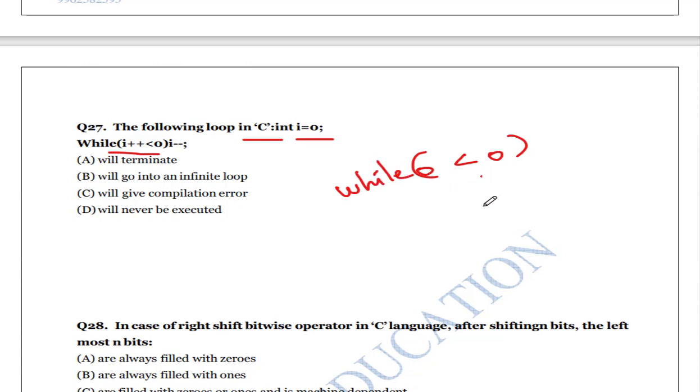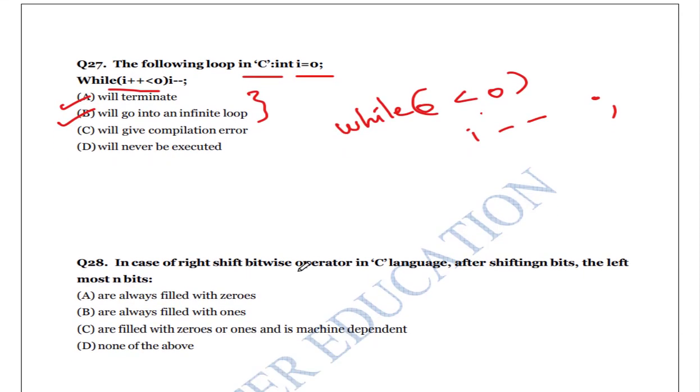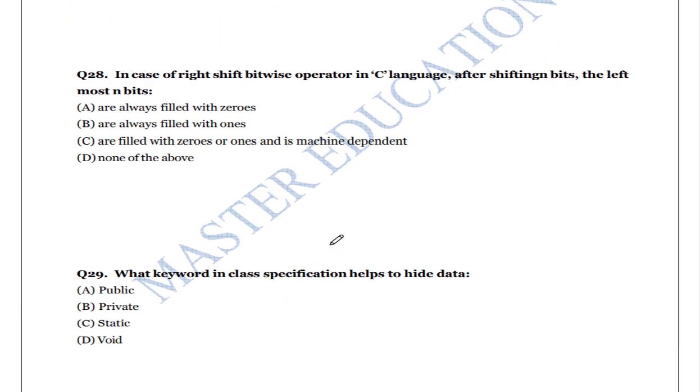While 0 is less than 0, the condition is false. So normally it will terminate, or it will go into an infinite loop depending on the C version. Okay, just you execute that.